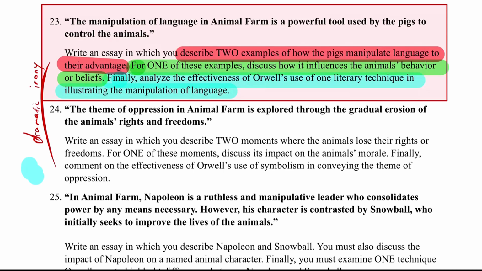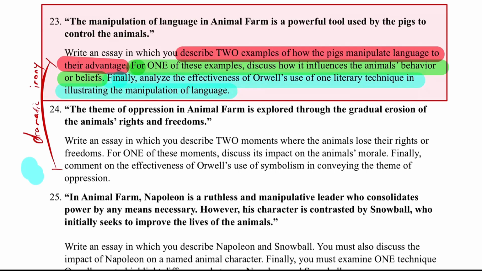That is dramatic irony, which is that disconnect between what the readers can see very obviously and what the characters are unable to see. So for us, we can track and trace how the language is being morphed and shifted to suit the pigs' lifestyles and their desires. We can see that, but the other animals are oblivious. They can't recognize that the language used yesterday is different from the language used today. So there's dramatic irony because for us, the readers, it's obvious, but for the animals in the novel, they have no idea what's going on.